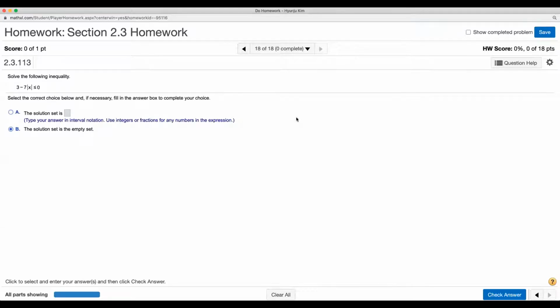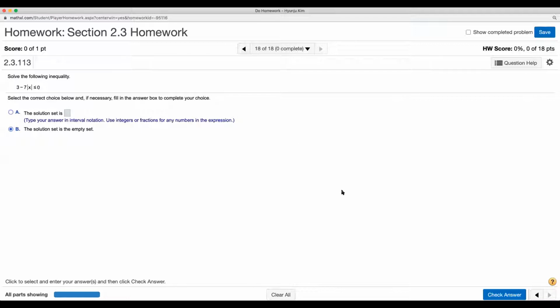So here, see section 2.3, homework number 18. I think it's 16, 17, 18, three problems about inequalities. But they are not linear inequalities. We learned how to solve linear inequalities in chapter 1, right? But here, as you can see,